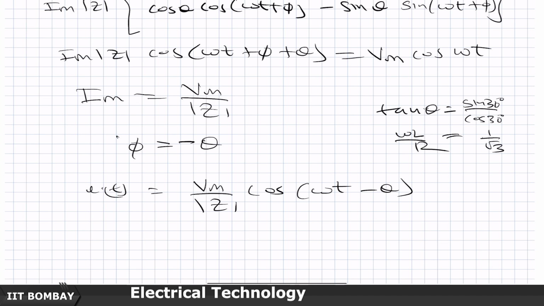Then it doesn't matter, if it is 2 omega L and 2R, the angle will be 30 degrees only, or if it is 0.5 omega L and 0.5 R, even then the ratio will be 1 by root 3 only. It is only on the ratio and proportion between the omega L part and the R part. The omega L is actually called as